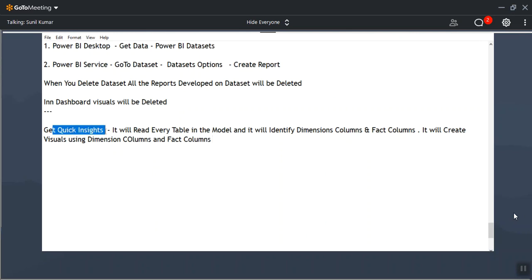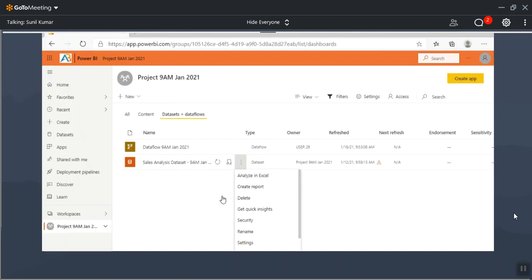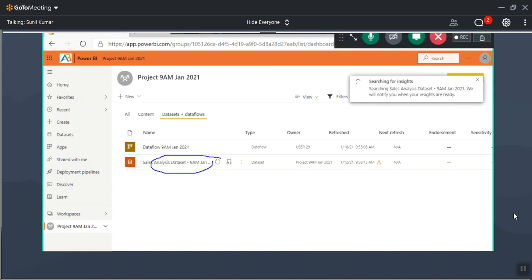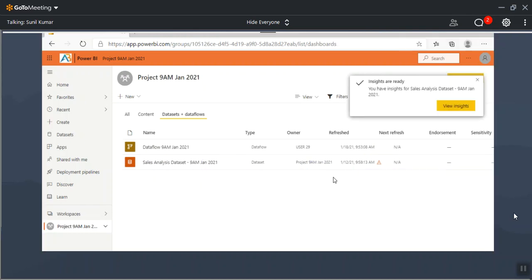But the only drawback here is that it will treat all the number columns as fact columns, and text and date columns as dimension columns. So when I click on Get Quick Insights, it will read every table in this model, take all number columns as fact columns, and text and date columns as dimension columns. In the combination of fact columns and dimension columns, it will create the visuals.